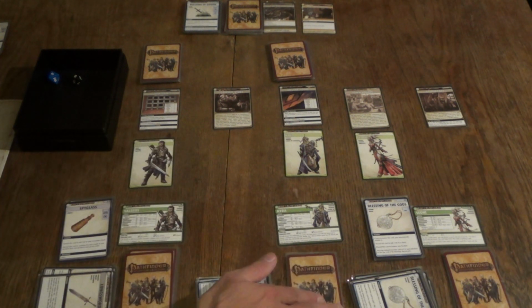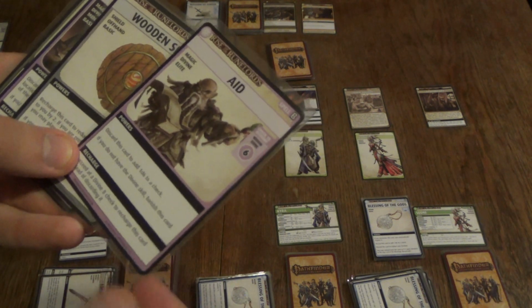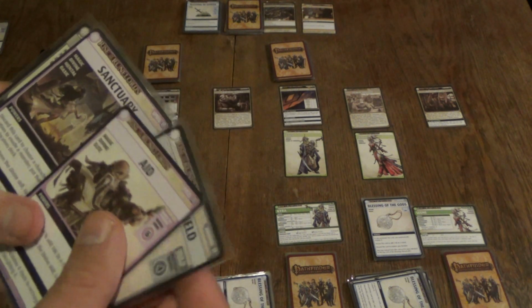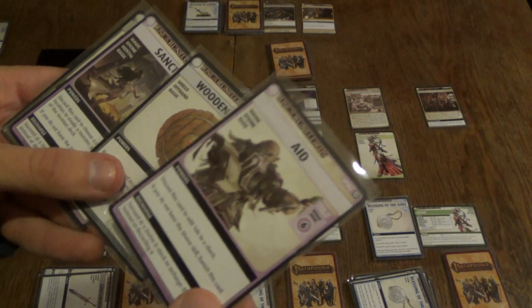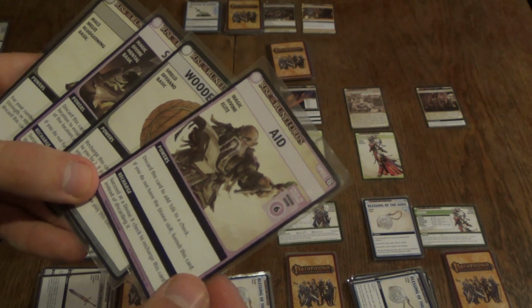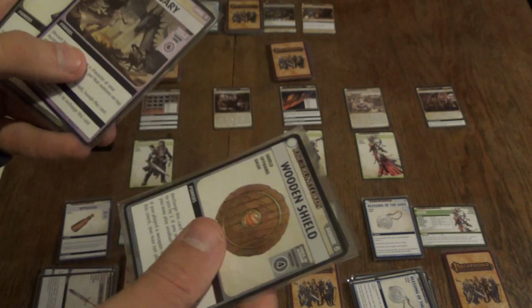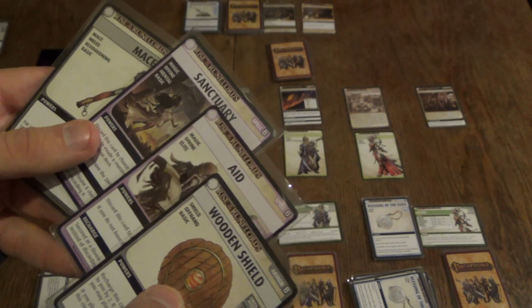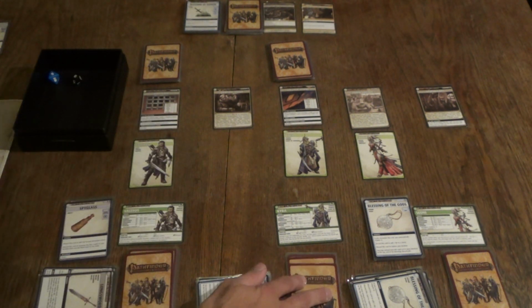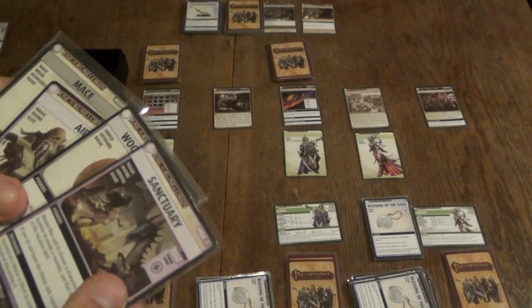Let's see. Still has some cards left here. Well, Aid, I kind of talked a little bit about Aid before. This is not to reshuffle cards. This is to add a d6 to a check. So I think I talked a little bit about it before and mentioned that it could shuffle cards, but it cannot actually do that. What I am going to do, since I am starting to feel a little bit anxious here because I have so few cards left,